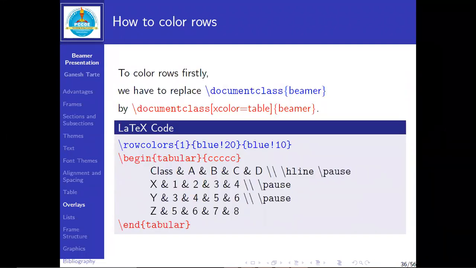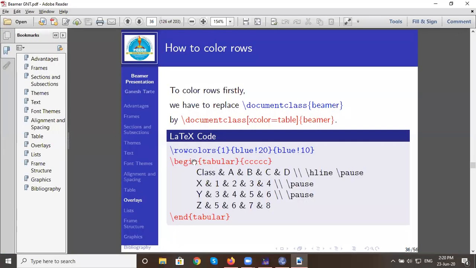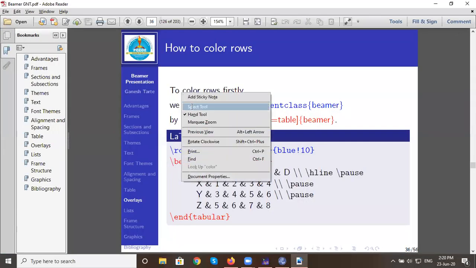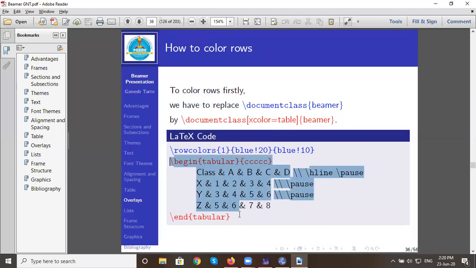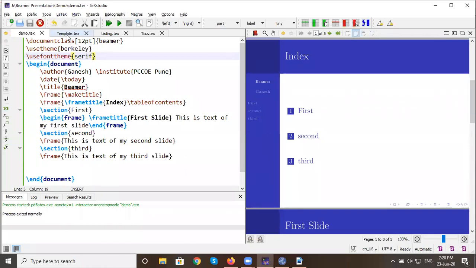One more thing: we already discussed tables. Now, how to use pause in tables and how to color them.